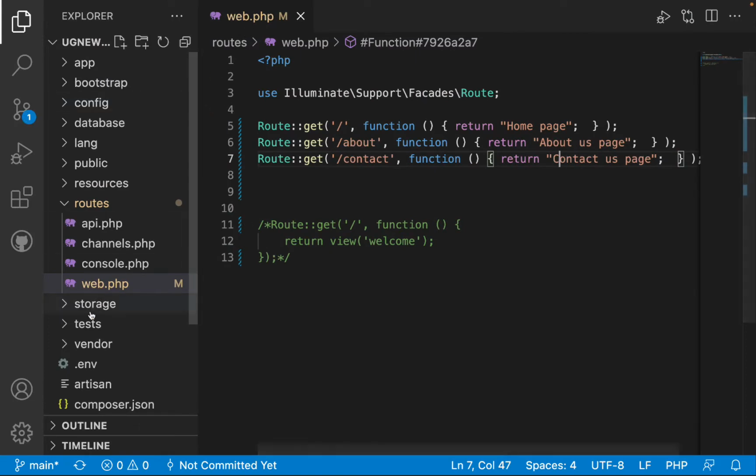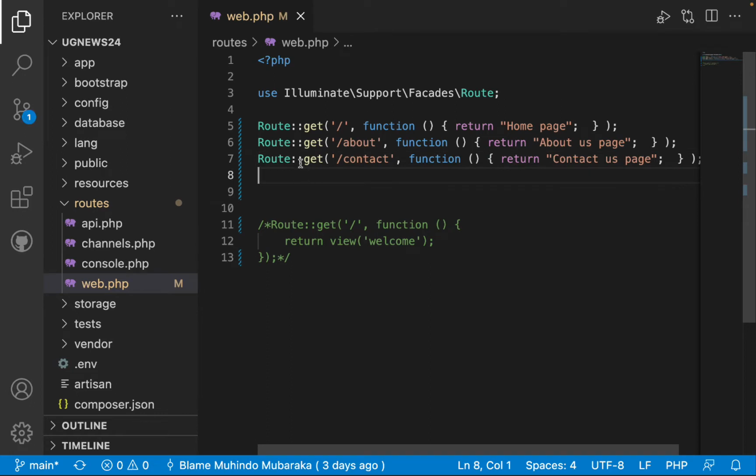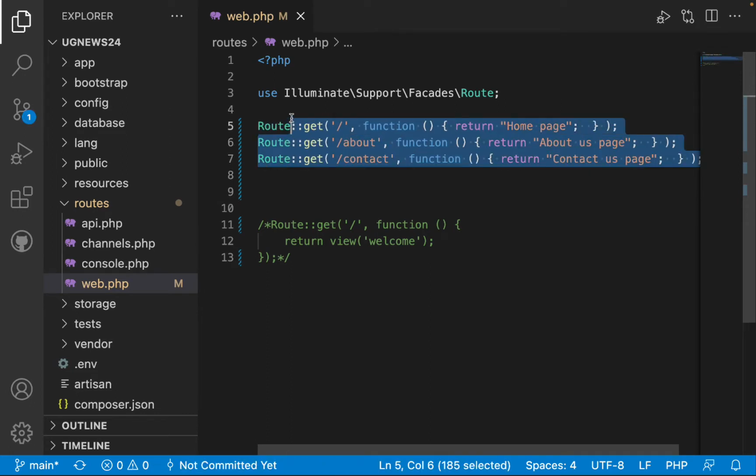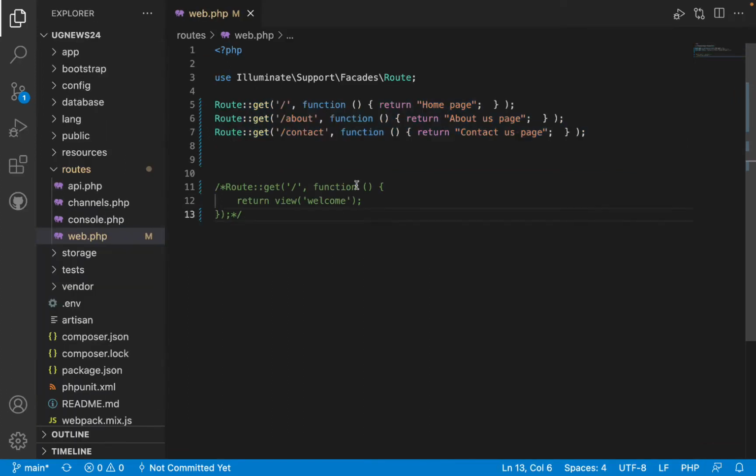So at this time you should be understanding what is meant by route. Route is here under routes, under web, so under the web file. This route is the one that will be handling the requests or the links of our project. So at this point you should at least have got the concept of what is meant by route. So we proceed to